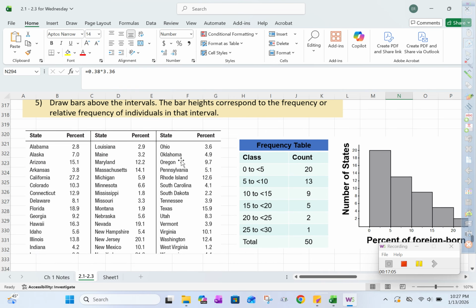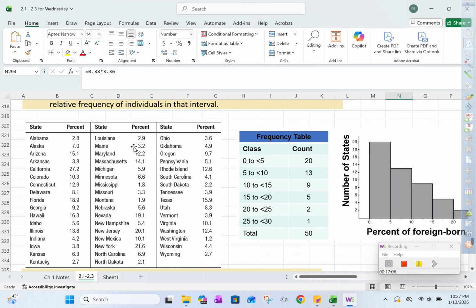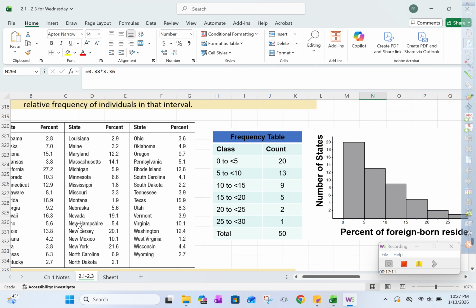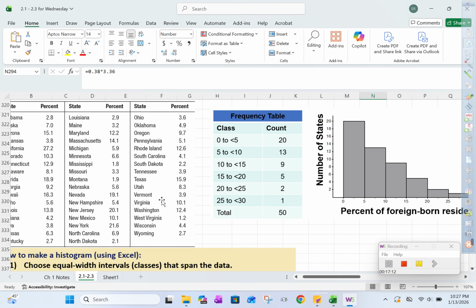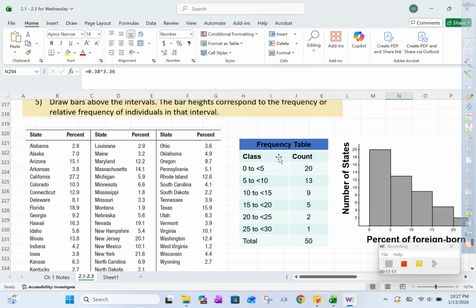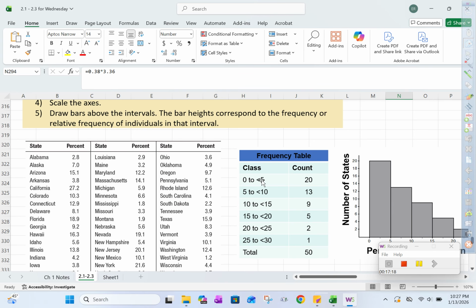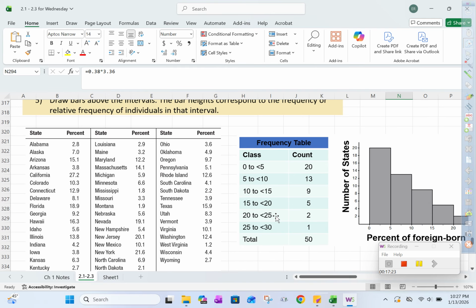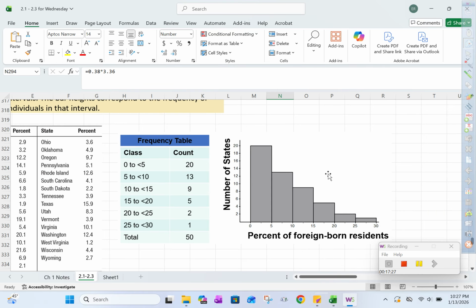Okay? So looking at this example, this is covering different states and their percent of foreign-born residents. Okay, so they've got this organized in a table here. And it looks like if we go over here, it's 0 to almost 5, 5 to 10, 10 to 15. So they use a class width of 5. Now, this one has a histogram that's really nicely built out here, and it's got the labels where you would traditionally see them. So I told you the picture above wasn't great, but it's how Excel will generally label them,